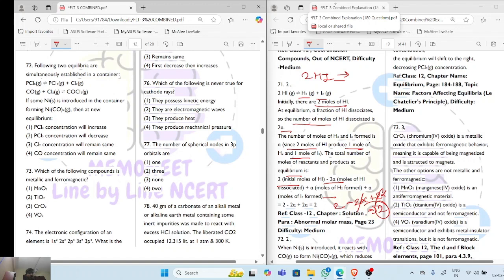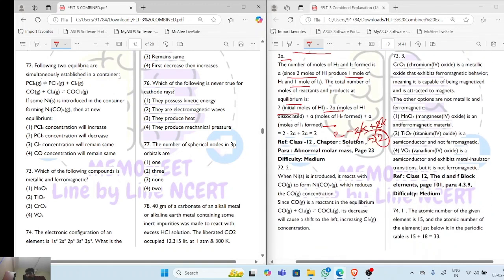Now comes to question number 72. Following two equilibria are simultaneously established in a container. PCl5 is giving PCl3 plus chlorine gas, and carbon monoxide plus Cl2 gas is giving COCl2 gas. If some Ni is introduced in the container forming Ni(CO)4 gas, then at new equilibrium what will happen? So for question number 72, when Ni is introduced, it reacts with CO to form Ni(CO)4 gas, which reduces